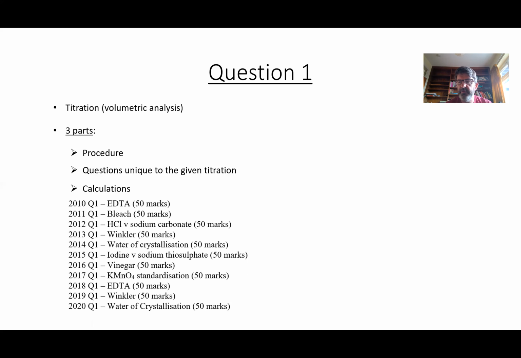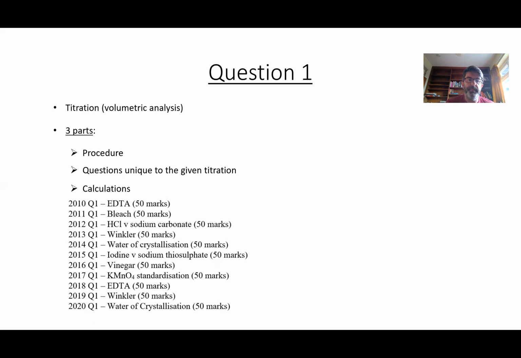If I was to say which ones are likely, I would think probably a redox titration. That's any of the sodium thiosulfate or the potassium permanganate ones. So it could be the iron tablet one, could be the bleach one. They're the most likely ones, but I wouldn't rule out vinegar. I wouldn't ignore that. That hasn't come up since 2016. There was an acid-base one last year, so it's less likely to be acid-base, though that doesn't mean it isn't going to be. So if I was to pick my top tips, it would be redox: one of the bleach or sodium thiosulfate standardization, or iron tablet or KMnO4 standardization, and beyond that,